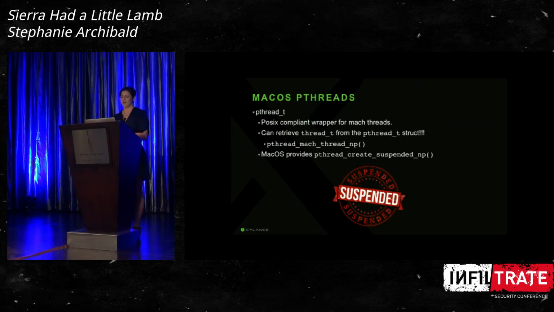But Mach also provides a pthread interface, which is pretty much a POSIX compliant wrapper for mach threads. The beneficial thing is that you can actually retrieve the thread_t from the pthread struct using this function here, pthread_mach_thread_np. But it also provides a pthread_create_suspended_np. This is super useful because